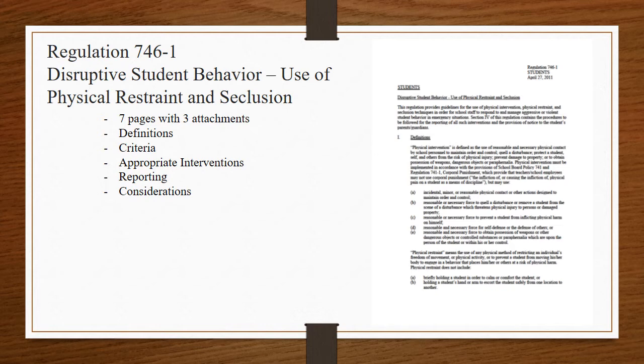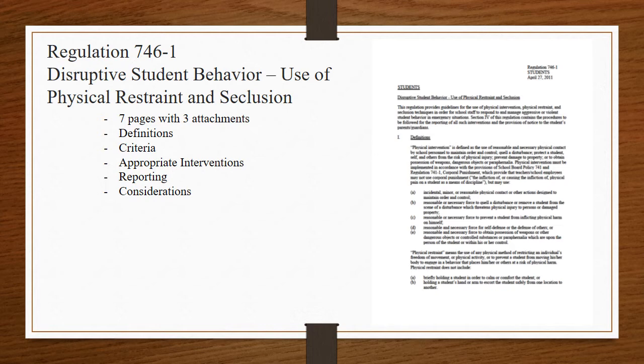Students should be observed and continuously monitored by at least one adult staff member in a timeout area. At the end of the timeout intervention, the staff will work with the student to develop a plan for returning to the learning environment. So this is where, if it's a continual type of behavior, we would come to our intervention team, conduct a functional behavioral assessment, and then a behavioral intervention plan.